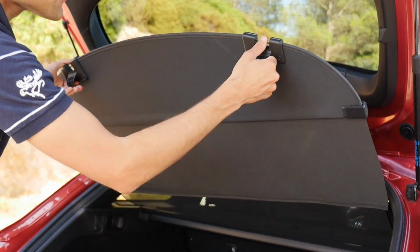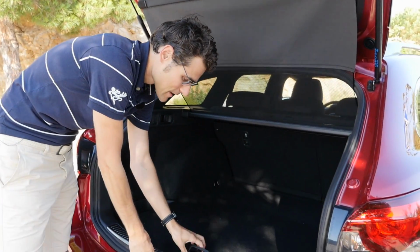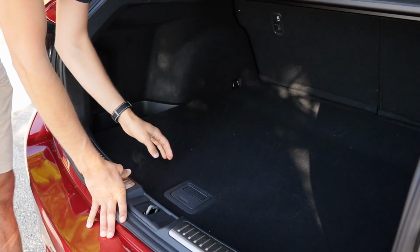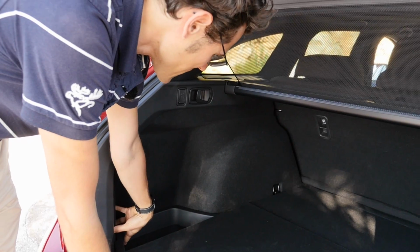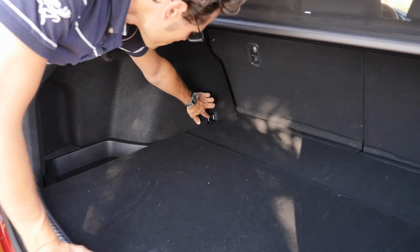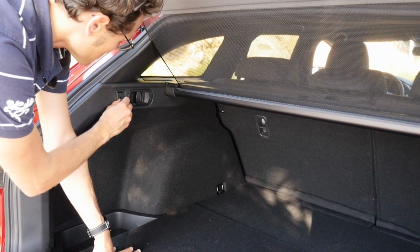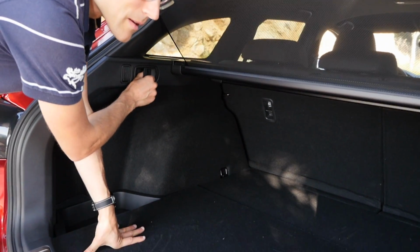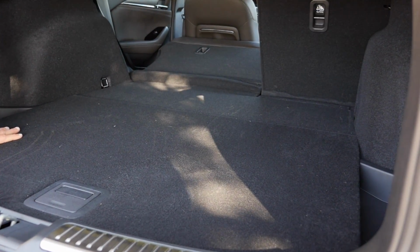But as they have this solution here, it automatically opens and closes. Clean and nice. This cover, you can put it up. There's a tire repair kit underneath. And also those left sides, you can very well use them, so not much space has been wasted. Also those anchor points for tension belts, for example, are available. Then you have the hangers here on both sides for bags. And you can also flip the seats from here. That's probably, you know, the best thing you can do, like this. And on the other side, there's another,